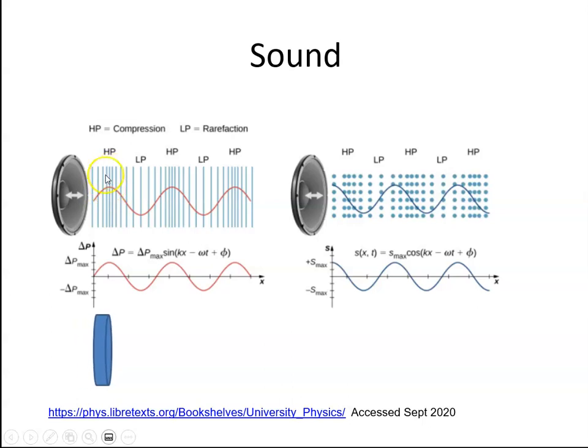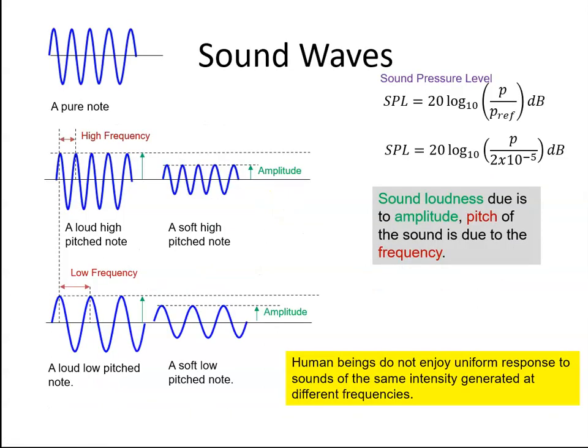increases the pressure. So we get high pressure here and a low pressure here. So we increase the pressure and decrease the pressure in the air. These changes in pressure travel in a longitudinal wave from the noise source to the listener. So sound is a longitudinal wave, sinusoidal, and if we hear a pure note, a pure tone, it has